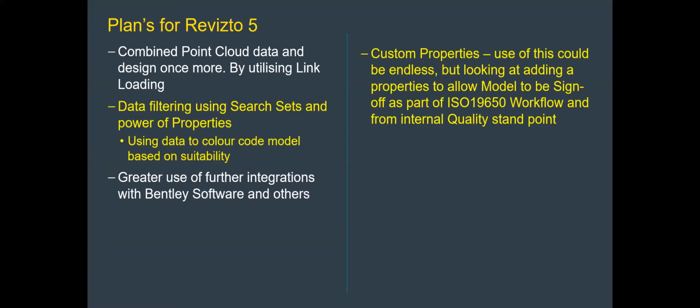And the real one that I want to focus on with Revizto 5 is custom properties. So a way of being able to not just edit the metadata in the authoring software, but actually edit it in the Revizto 5. So if we agree in the DDR that this item is suitable for construction and is approved, we actually do it in Revizto 5 during the DDRs and sign it off, and that completes the quality